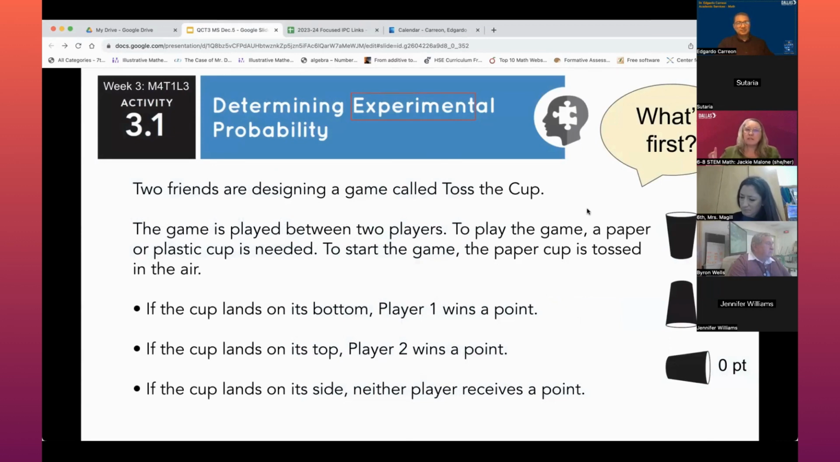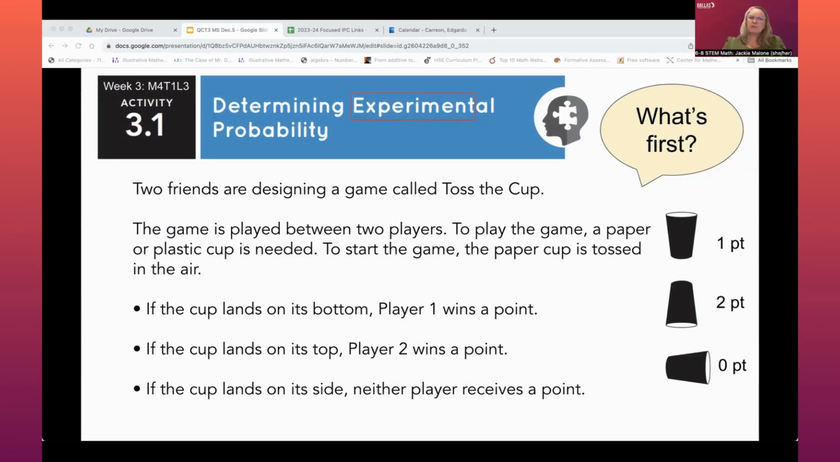But before that, we need to have background on what are students bringing to the table. This is all in the first day. They're going to be playing a game called Toss the Cup, where they're doing an experiment, explaining that is what experimental probability comes from. It comes from doing an experiment. Now, the whole gist of this is they have 3 outcomes. The cup can either land on the bottom, the top, or the side. And the whole point of doing this, when you get to the different point values, is to see